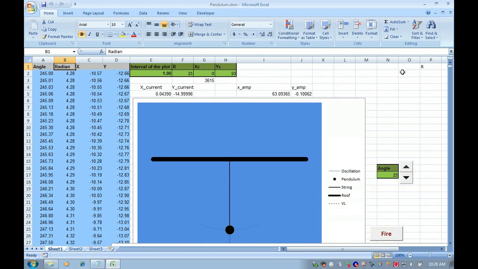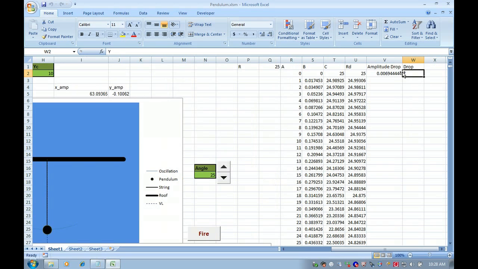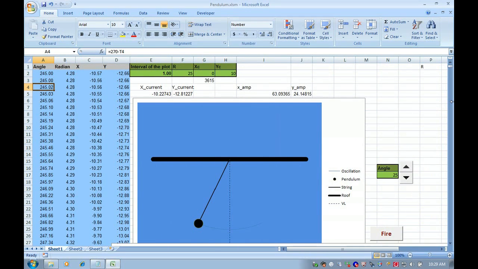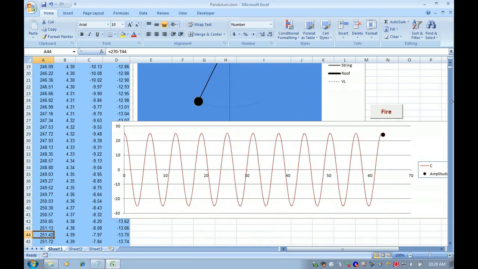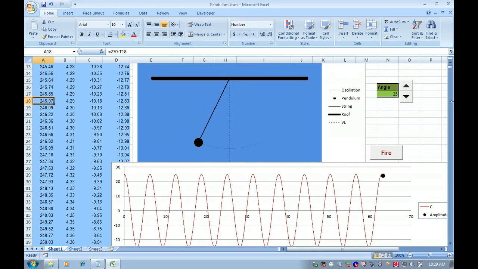Okay, now what I'll do is, I'll change this value to no drop. What it means is it will not drop, it will go at a constant rate. See here, the cos graph, there is no dropping. Let's fire again. So here it will just continue at the same speed with the same amplitude. It's going to complete 10 oscillations.